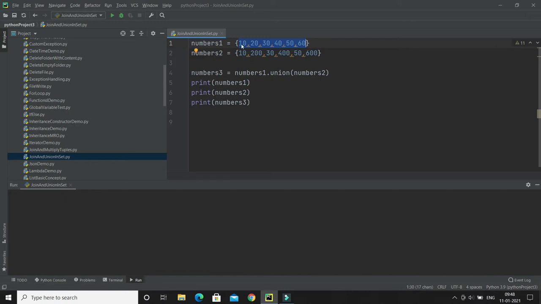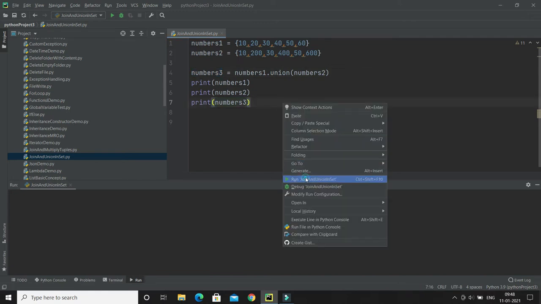But the number of elements and all the items will be the same. So numbers1 and numbers2 will not change, but numbers3 gets the union of these two. One thing to keep in mind is that numbers3 will not contain any duplicate item, because it finally returns a set itself. Let me show you.